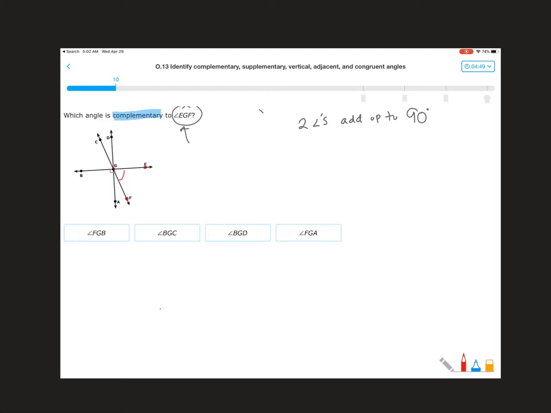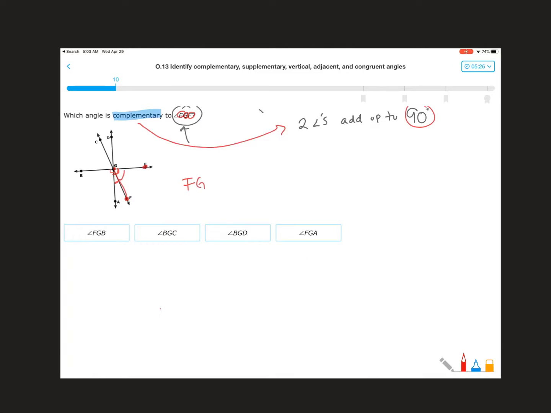All right, so let's go find EGF. Okay, so it looks like I did find it. It was EGF, and it's got to add up to 90 degrees. So let's go find the other little angle. So boom, it's right here. This little guy right here, right, would give me that perfect square. So if I add up these two, EGF, I hope I highlighted, EGF plus FGA, oh, there it is. That would be your answer,